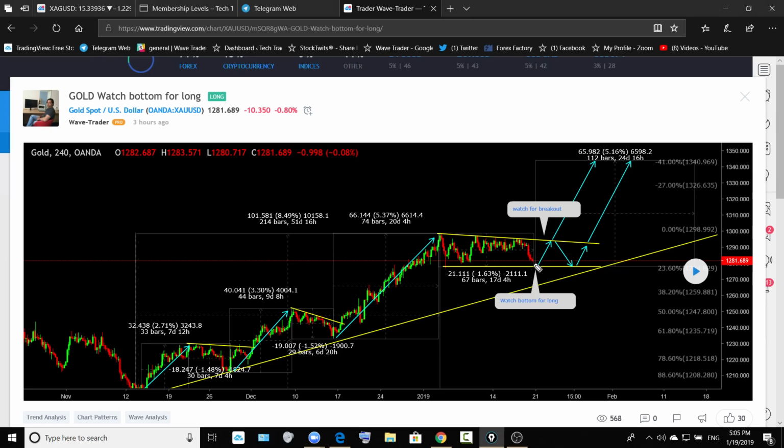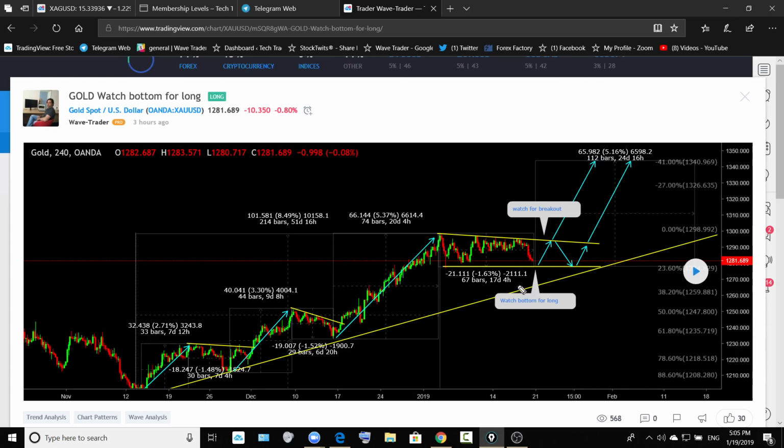Okay, so a similar trade setup you are looking for on gold. Last week we were looking for gold to break out and continue to go higher, and we did not see that breakout. It went down. Now watch that bottom, this area, and that short-term trade. If that trade is going to break out, stay in and look for more upside like that wave. If it is not going to break out, take off that short-term profit, look for a short-term sell, pay attention over there and look for that trade for upside.